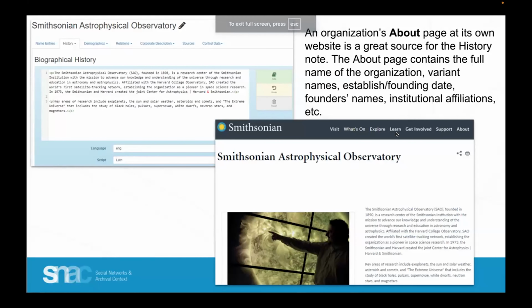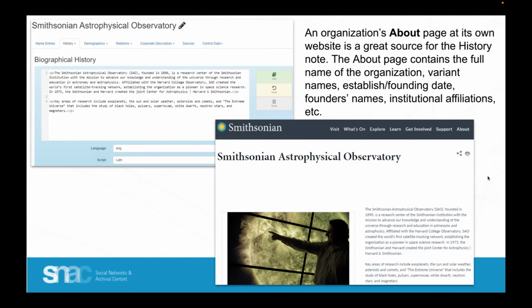So there are no rules directing the order for SNAC element input. You can enter them in any order you wish, from left to right, tab by tab, or you can enter them as you see fit. As you discover your information, you might discover biography and history information before you discover a variant name, and you are able to move through the tabs as you please. Do just what makes sense to you. In this demonstration, however, I am going to move from left to right through the tabs and top to bottom